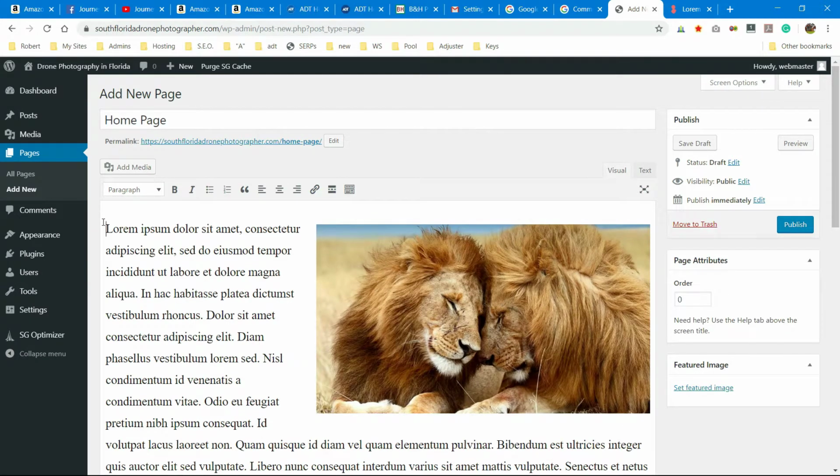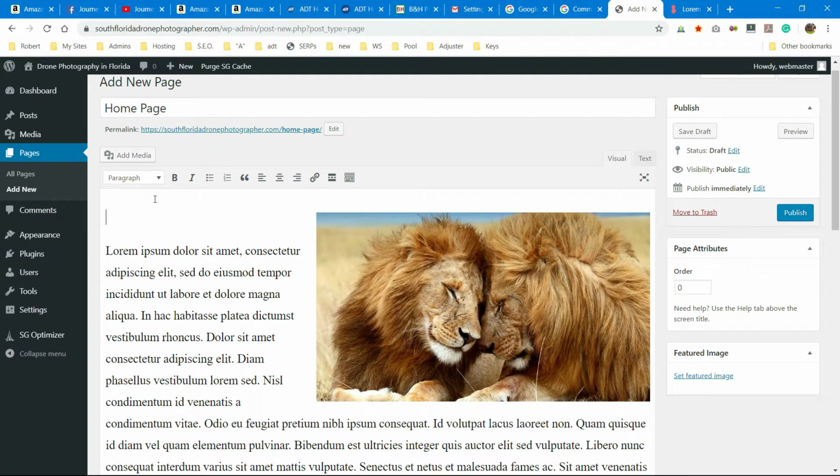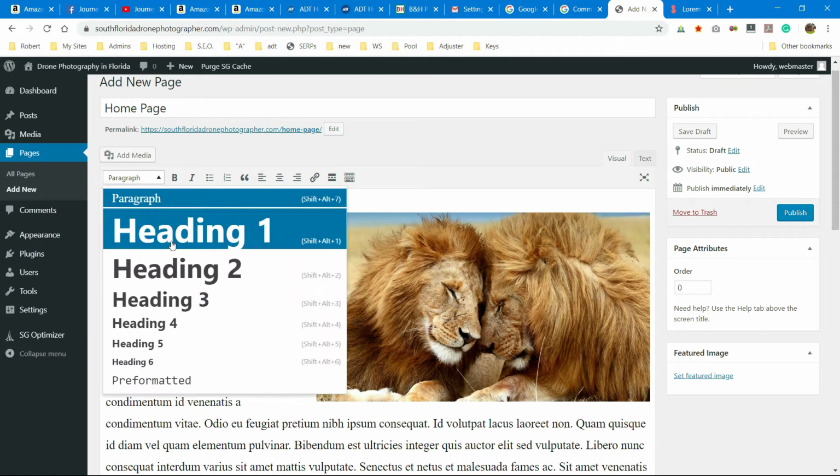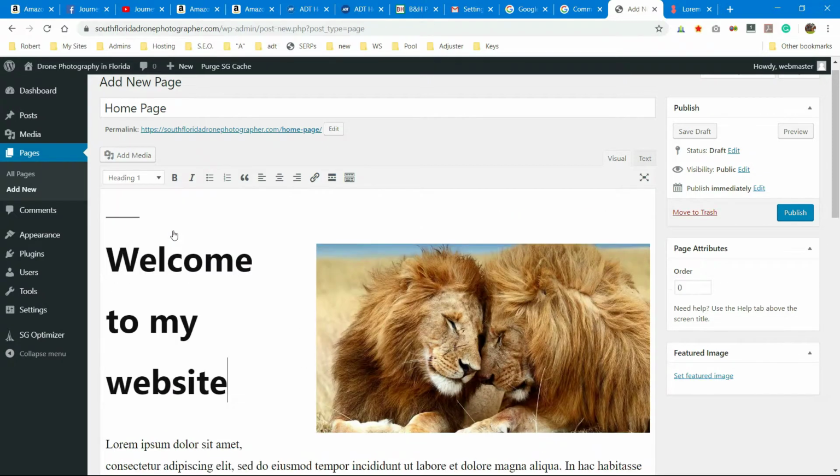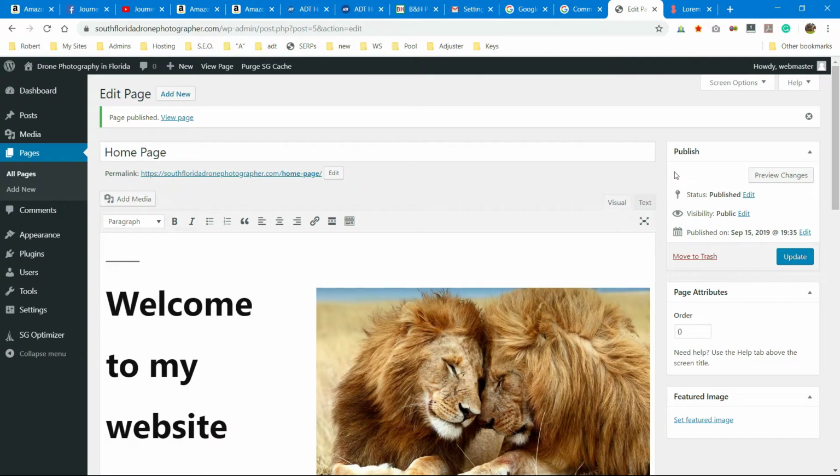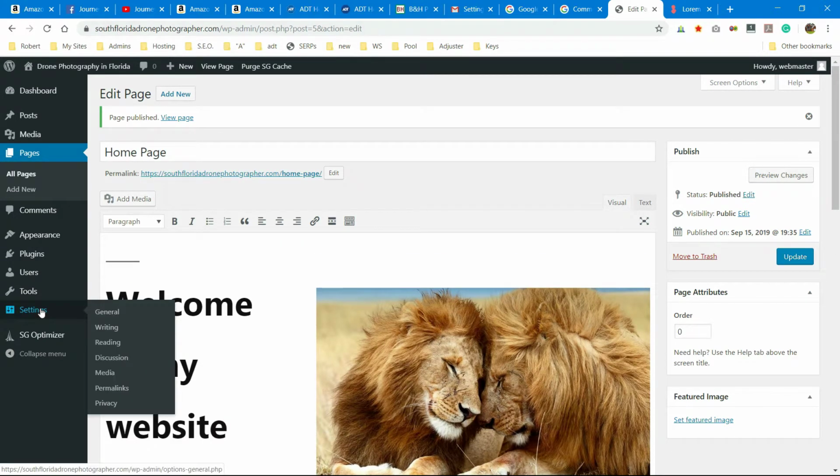Also, if you come back up here, I'm going to put in a header. And pick H1. There should only be one H1 tag on each page. It basically lets Google know what that page is about. Now we'll hit publish. And before we view that page, we're going to go over here to settings, to general,